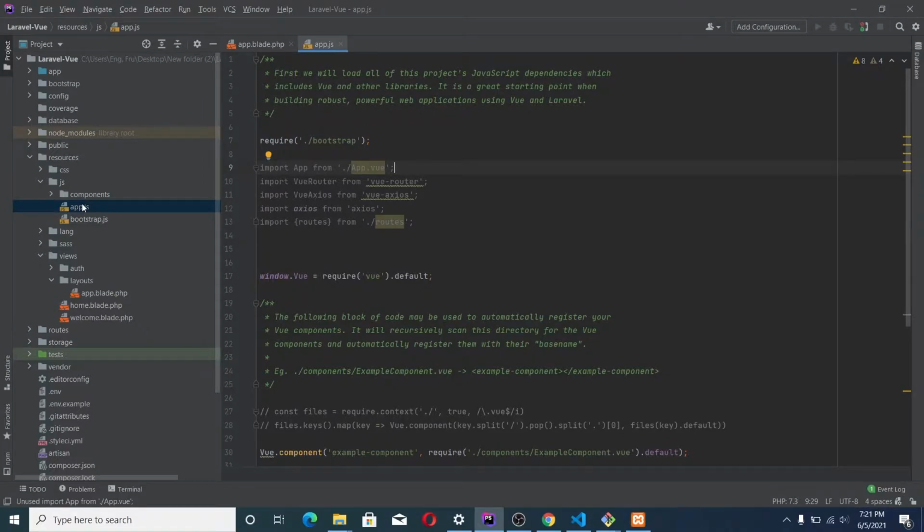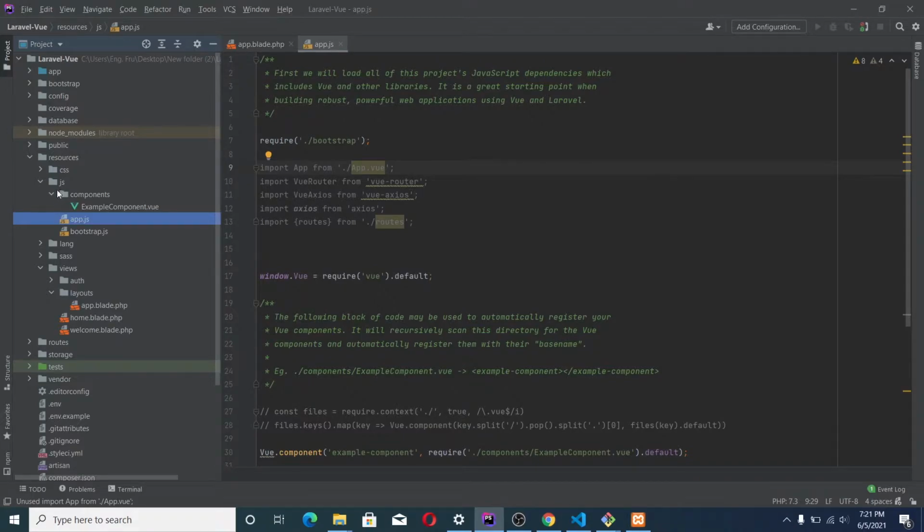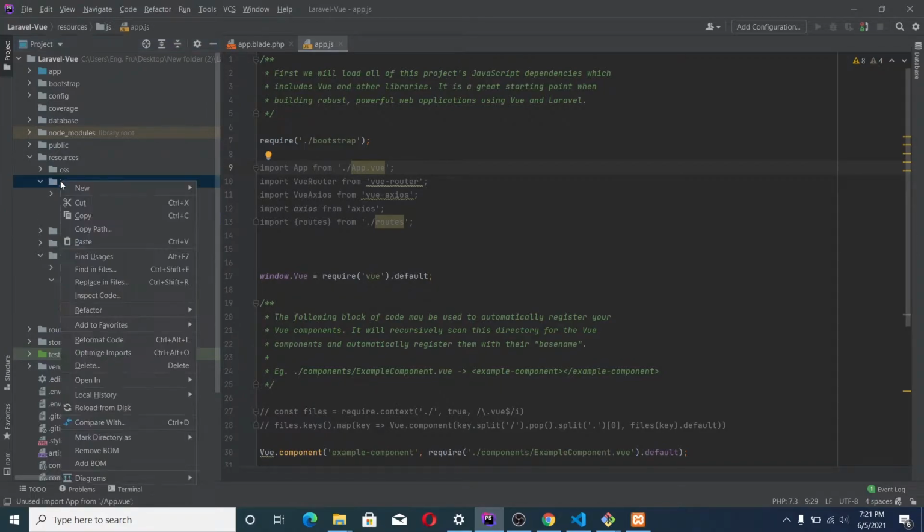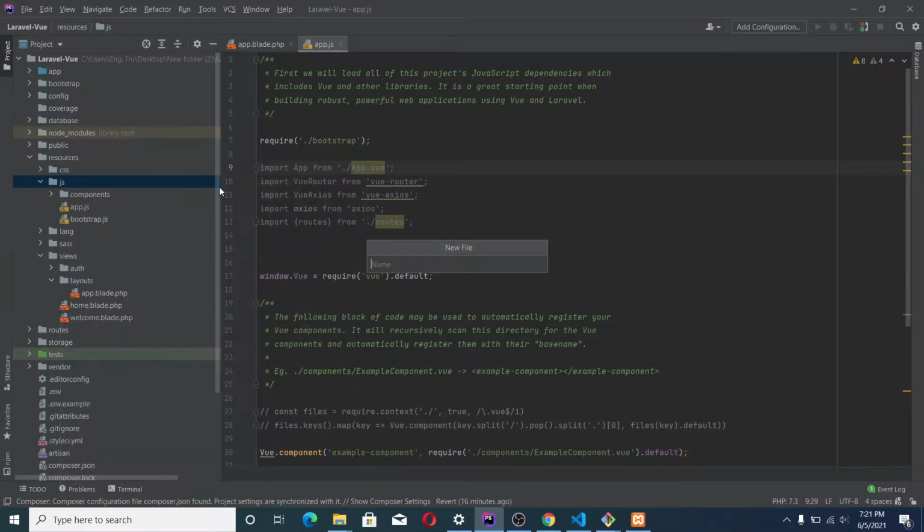We're also going to have app.vue. So this app.vue resides in JS, which means in this current directory in which we are, in the JS directory, let's create a new file called app.vue.